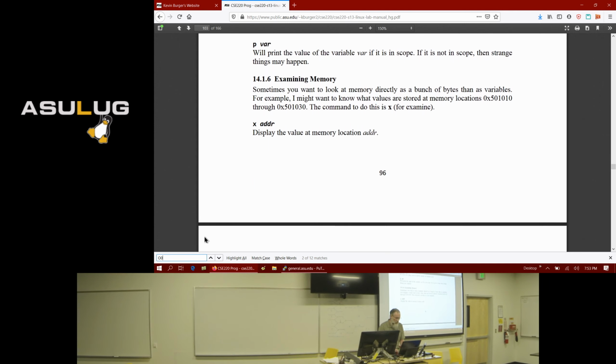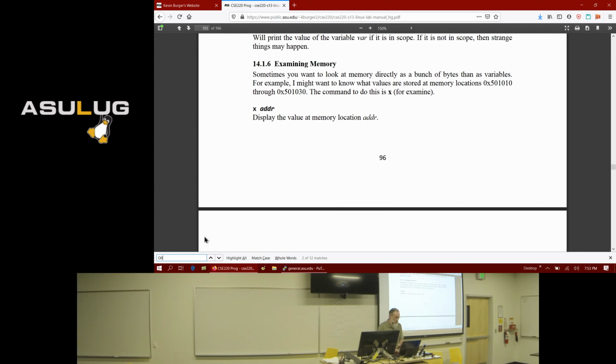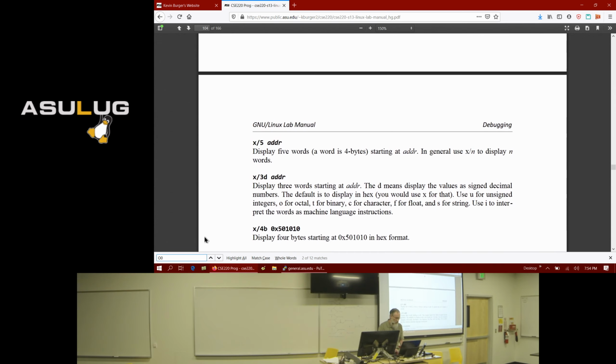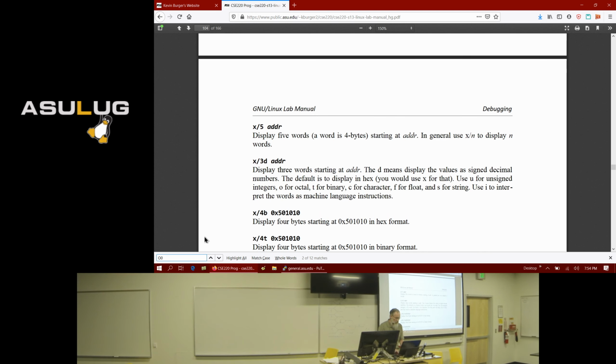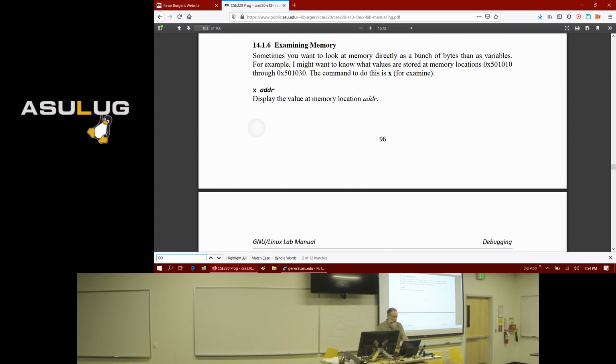You can examine memory. So X allows you to examine memory. You give it an address, and it'll display the memory there. And there's arguments to X. So by default, it'll display the value that's at this memory address.